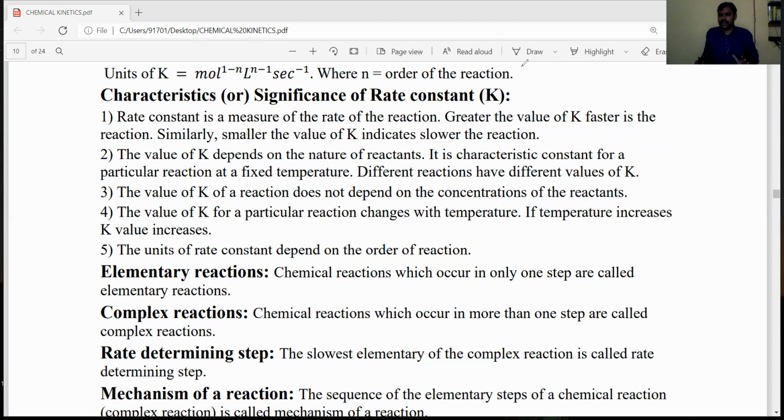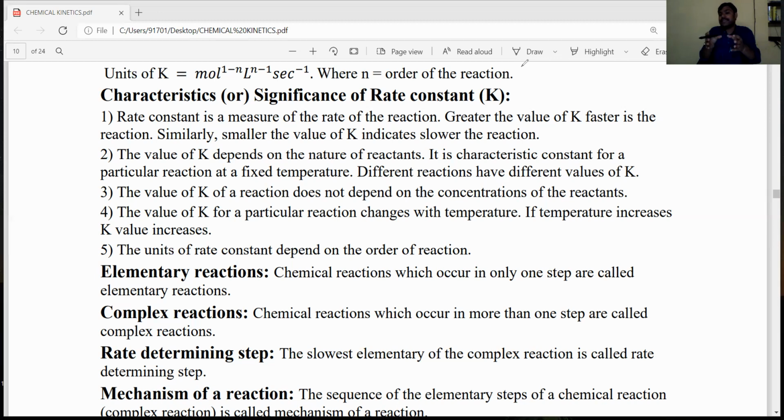First we will discuss, okay, chemical kinetics. Dear student, it explains how the reactants are converted into products, and it explains the reaction mechanism also. Based on that, chemical kinetics mainly explains the rate of the reaction. In order to explain the rate of the reaction, the rate is mainly determined by the slow step only, or the rate determining step only.